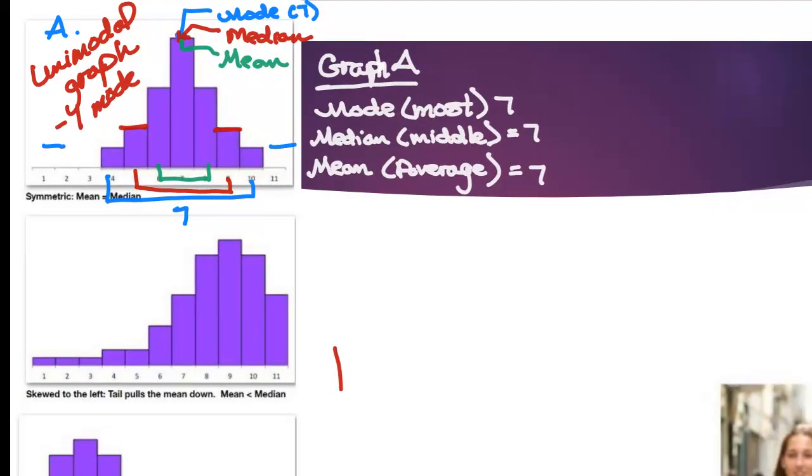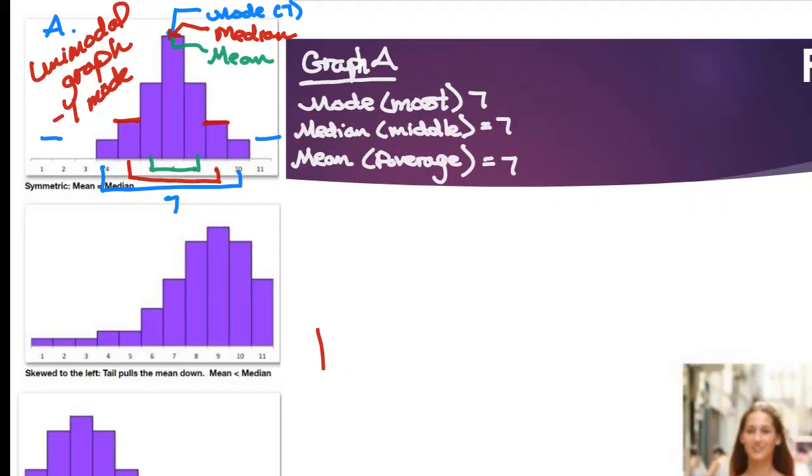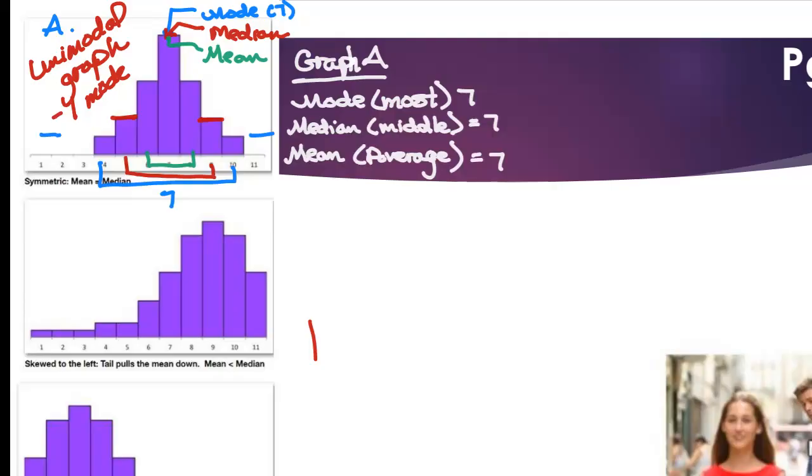Okay? So, unimodal. When we were looking at the mode, that's the one that happens the most. That was the blue line. The median, that would be a red line right over that. So it actually would be the same line and also the same for the mean. They all come from the same place. So, when you have a unimodal graph,